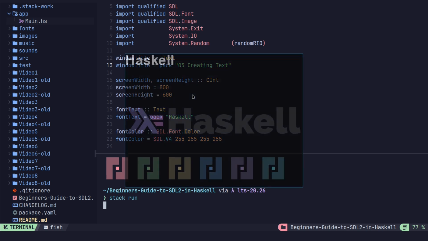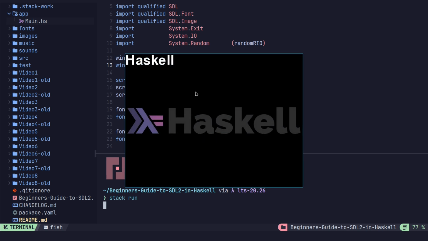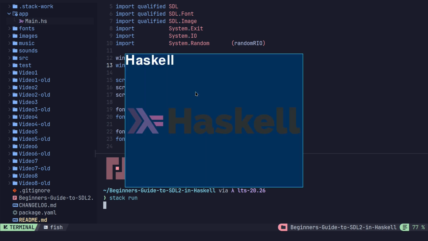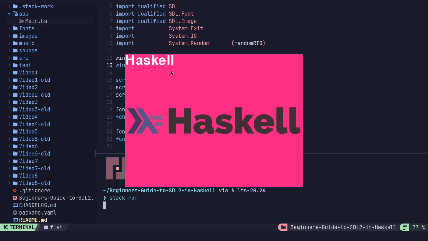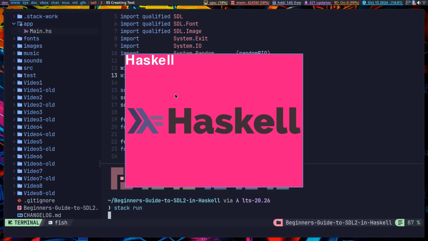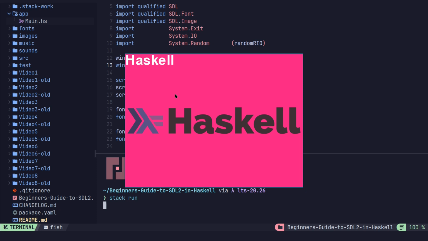So let's just show where we left off in the last video. I'm using stack run to run this. And what we have here is a window that's 800 by 600. It has a black render being displayed right now. It has a background image that is partially transparent, but also says Haskell. If I press spacebar, I can change the color of the render that shows through the transparency of the background image. We also have TrueType font text up here that is displaying Haskell. And we have a title. We also have an icon that has been loaded that I can't show right now in my tiling window manager,